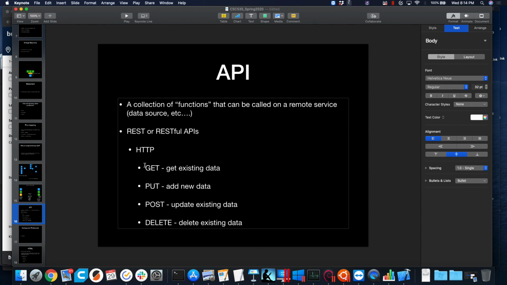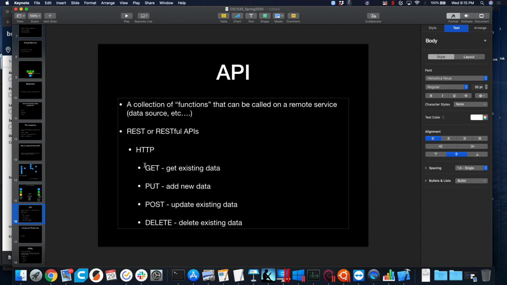So a GET function call says, I want you, the data source, to give me some information. And then there's various endpoints for that information: turn-by-turn directions, current traffic, current weather, whatever it is. I'm making all those requests with a GET request, which says, here, give me information.